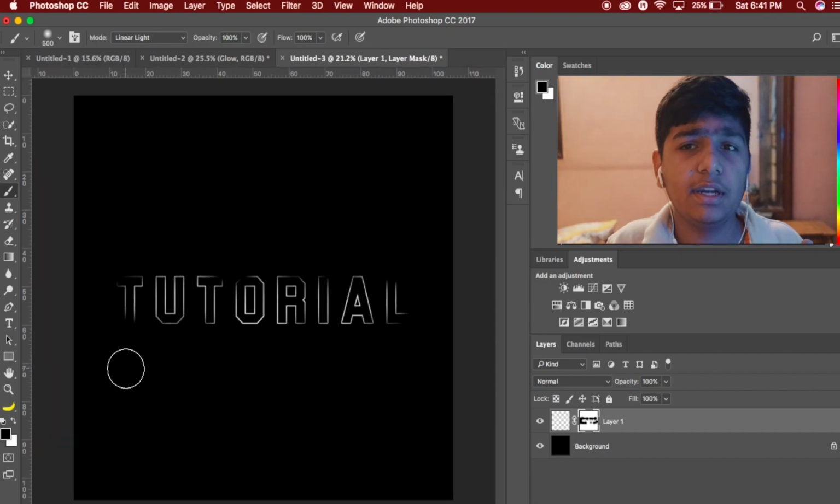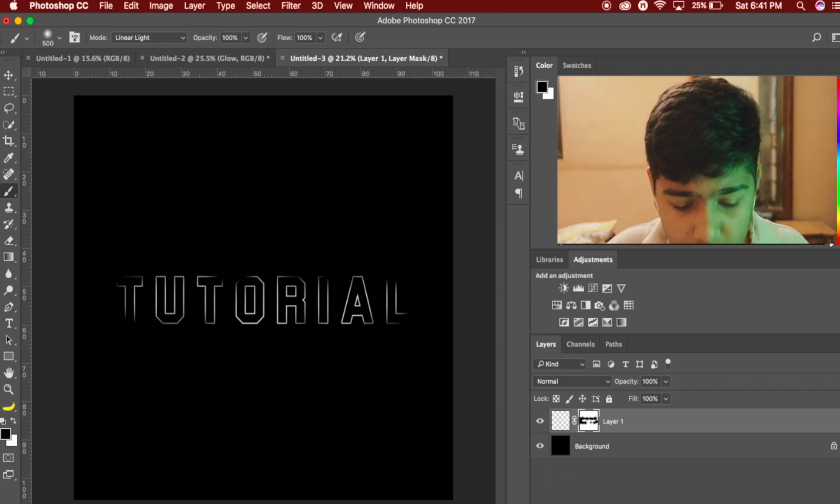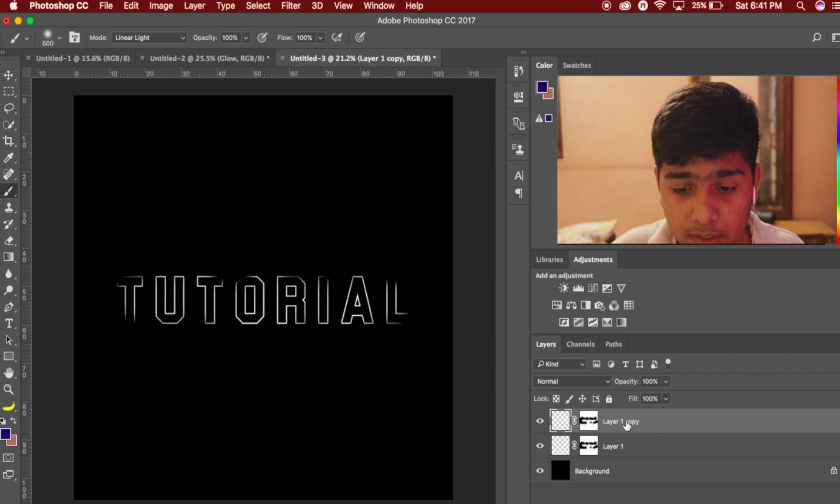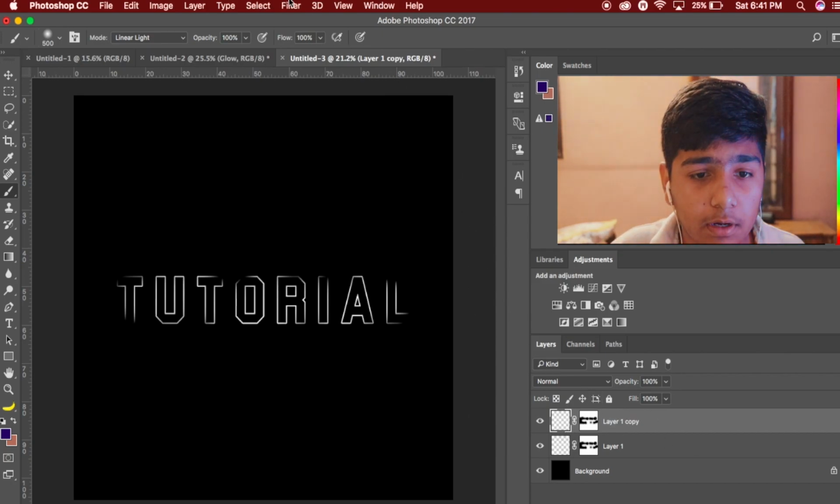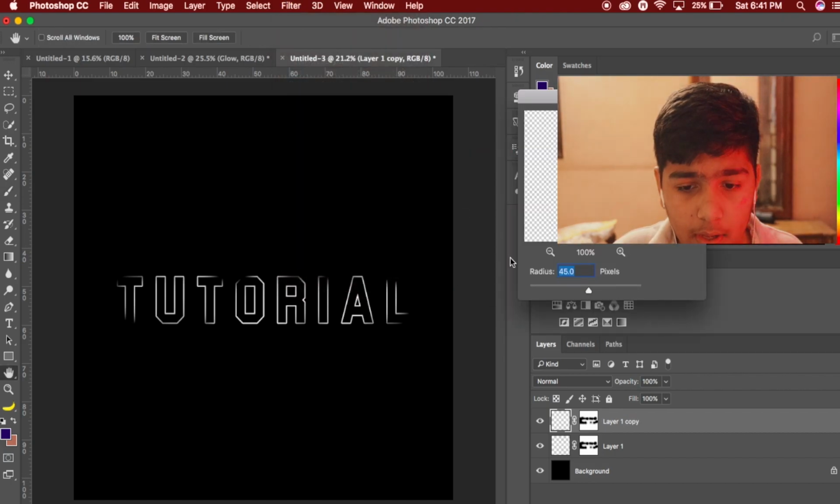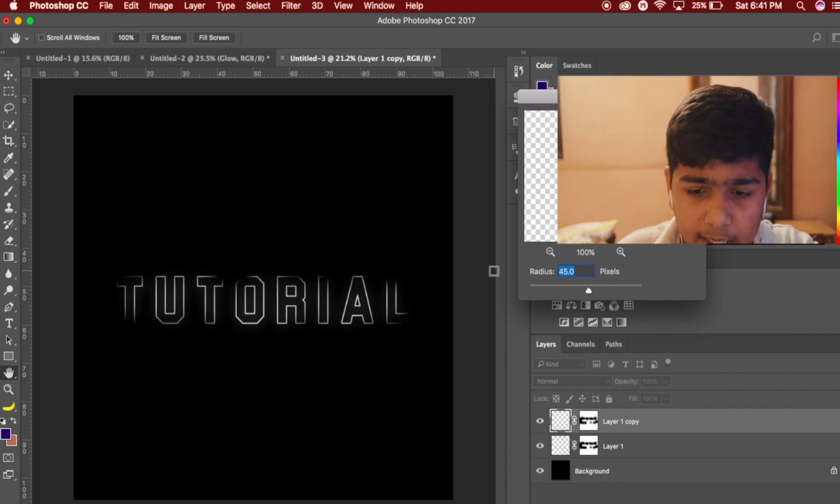Now you will be thinking there isn't any glow in this text. Wait, we'll do it. Now what you need to do is duplicate this layer by holding Command, or Control if you're using Windows, and J. Now you can see we have duplicated this layer. We will select this layer, go to Filter, Blur, Gaussian Blur, and change the radius to maybe 10,